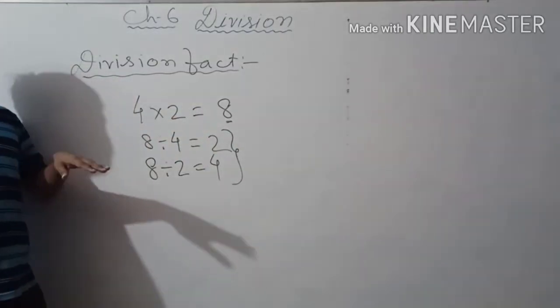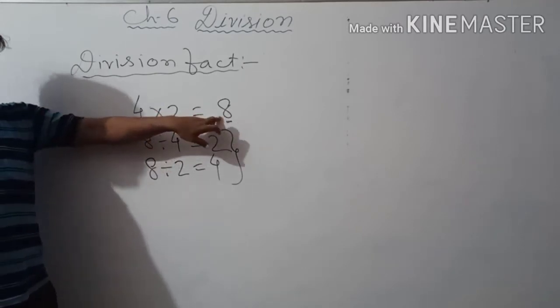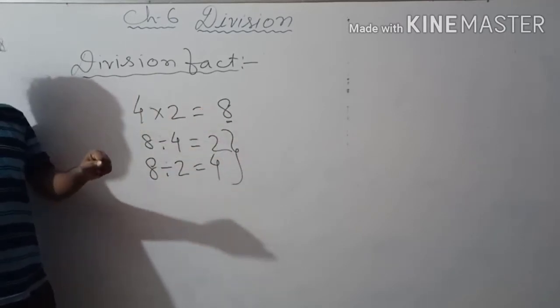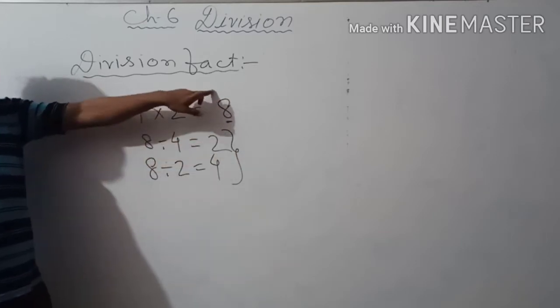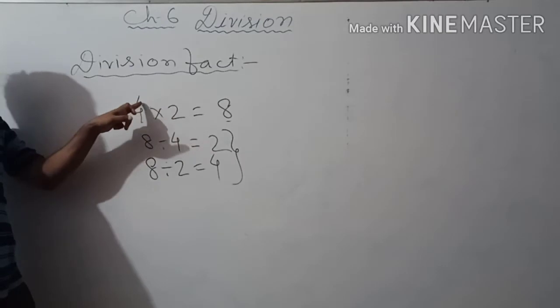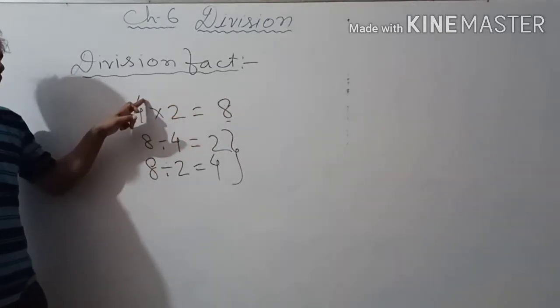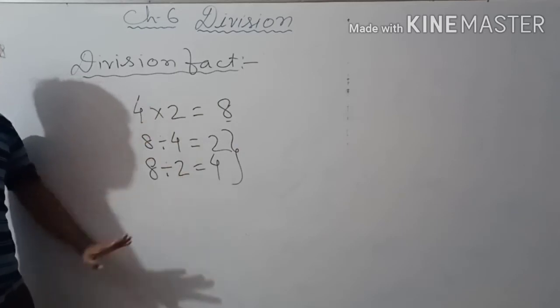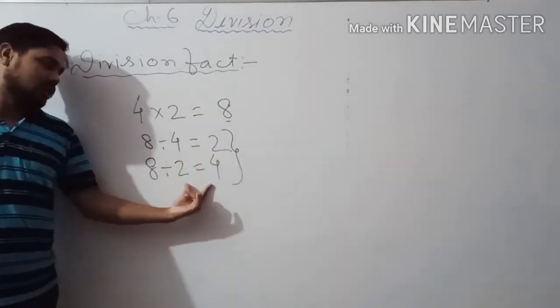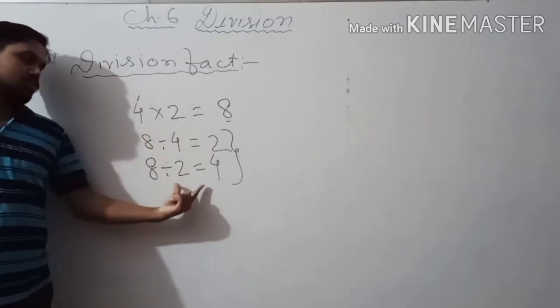सो अगर हम लोग को डिवीजन फैक्ट निकालने बोला जाता है तो कोई भी प्रोडक्ट दिया हुआ रहता है, तो सिंपली हम लोग को क्या करना है कि जो प्रोडक्ट है उसको एक नंबर से डिवाइड करेंगे तो दूसरा नंबर आ जाएगा। आप इससे डिवाइड करोगे तो ये आ जाएगा और इससे डिवाइड करोगे तो ये आ जाएगा। This is what we have done, and these two values are called the division fact.